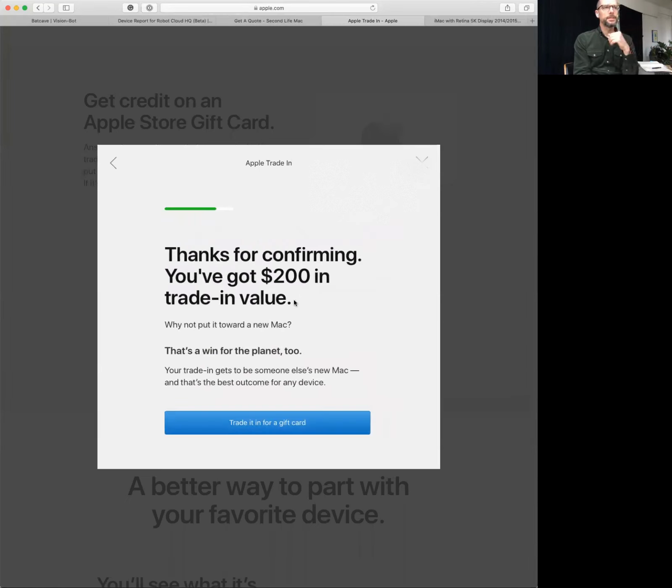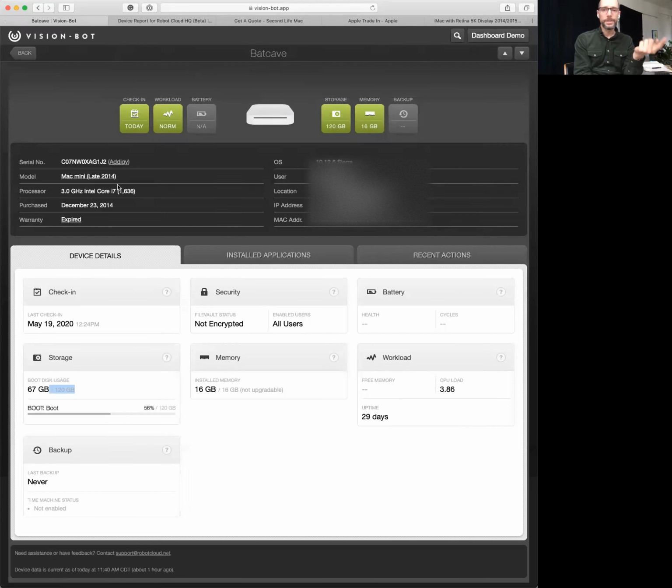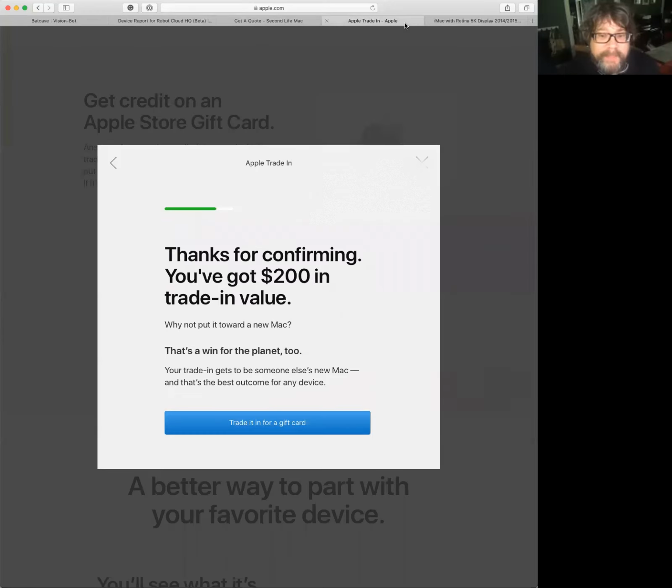So in this case, I want to get $200 for a device from 2014. Technology that's 6 years old, and that's pretty great. Yeah, it's pretty great. And eBay, if you have a one-off too, sometimes it's worth looking at eBay because eBay is kind of a seller's market. It's a pretty good waterline for what the value of these is if you were to sell it to